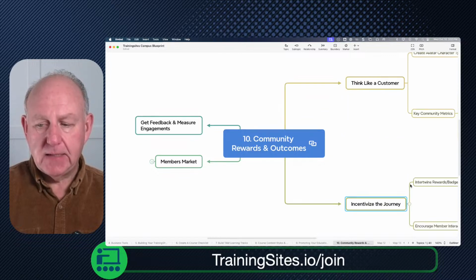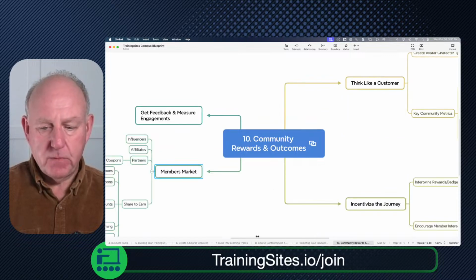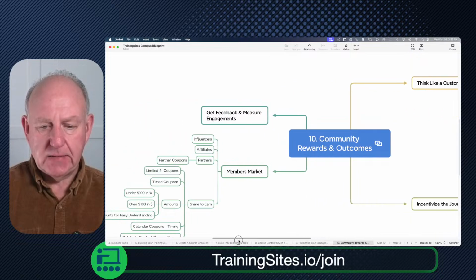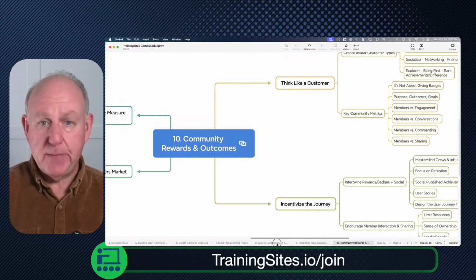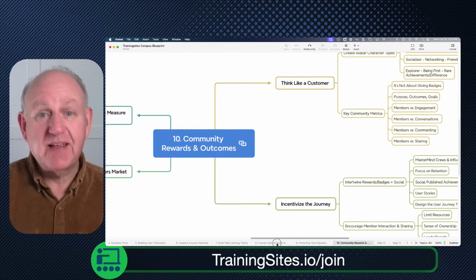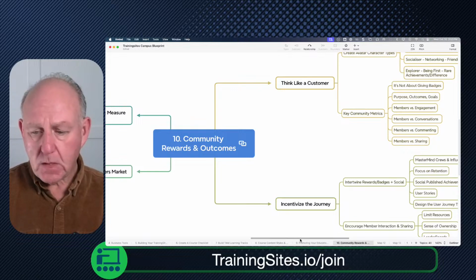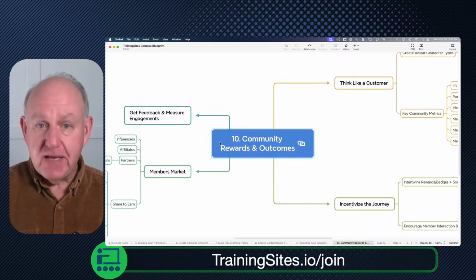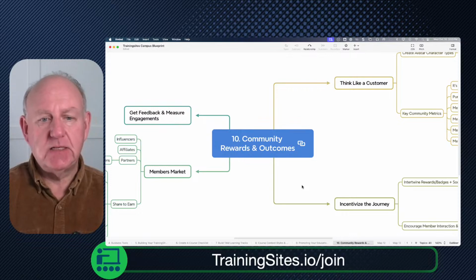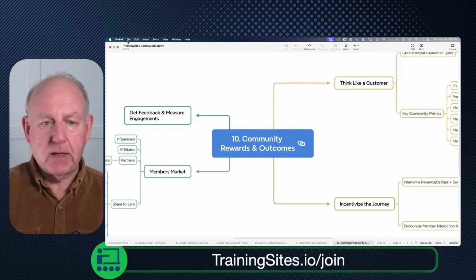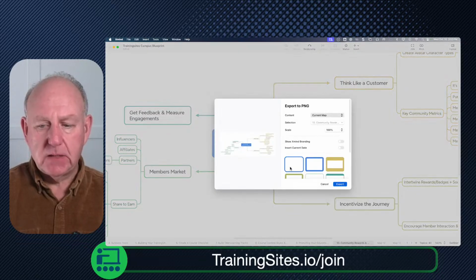But you know what? I would really like to give people the big picture of everything that is in this as an example when someone's taking the Campus Blueprint course, which is all of the details where this is explained. So I want to give someone this image or this checklist to download. So in Xmind, what I can easily do is just go File, Export. I could do a PNG or a PDF. And when I do that, it's going to say, hey, what do you want it to look like? Do you only want this sheet? I'm going to export it.